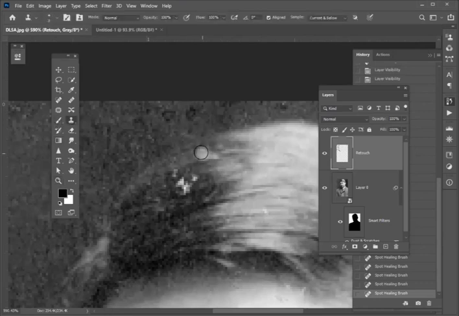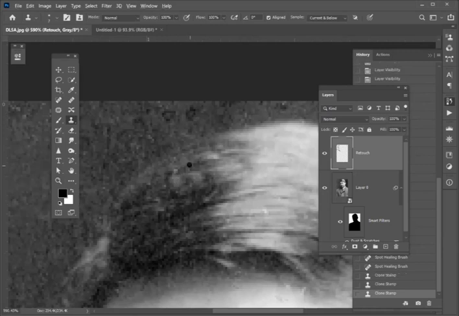Reduce the size of that. You'll notice that the clone tool gives you a preview of what you're cloning. So if I sample this area, you can see that it's going to show me what's going to happen if I click again. I'm going to reduce the size of it more and sample perhaps this area here